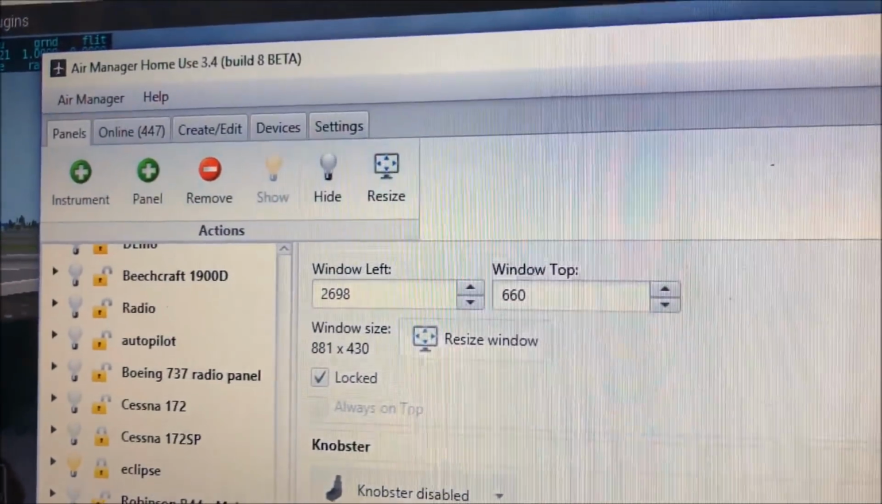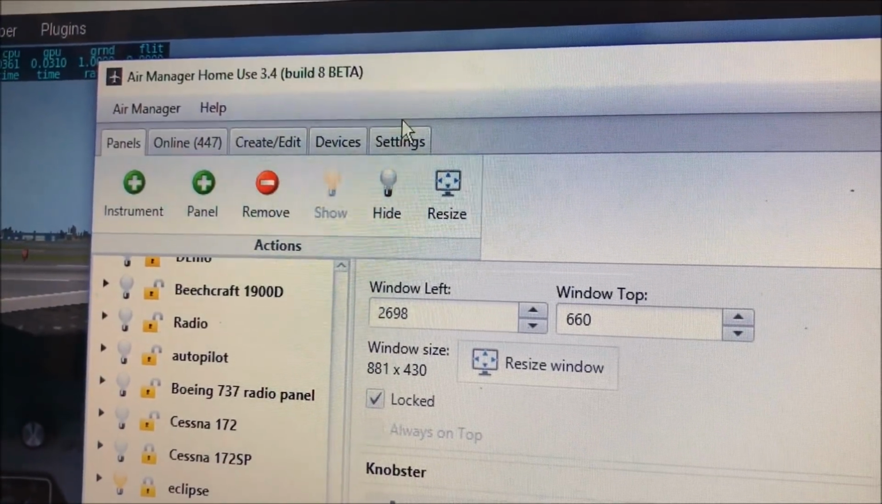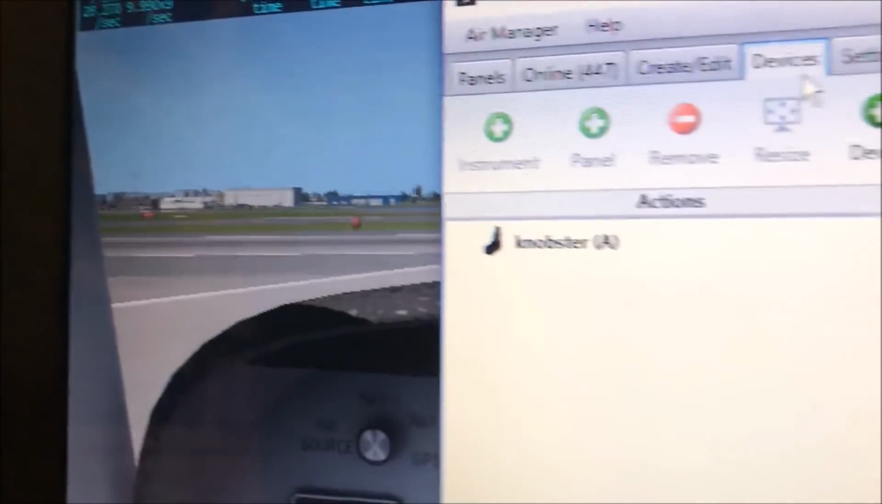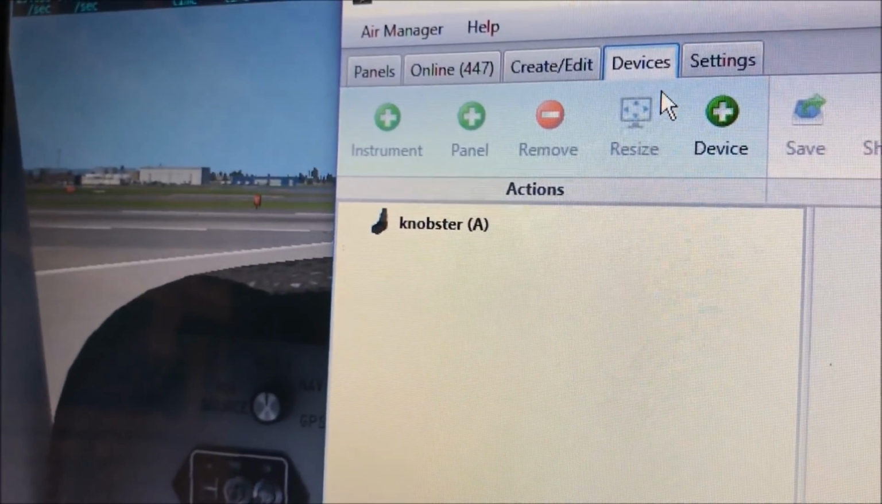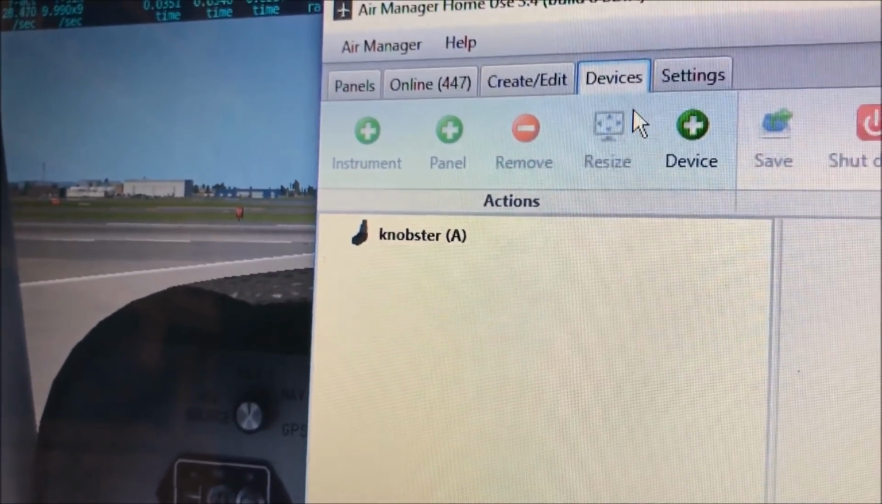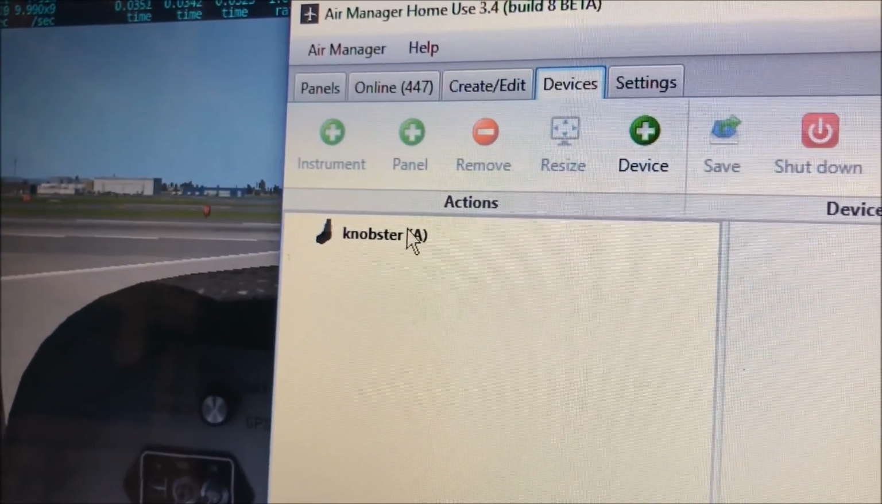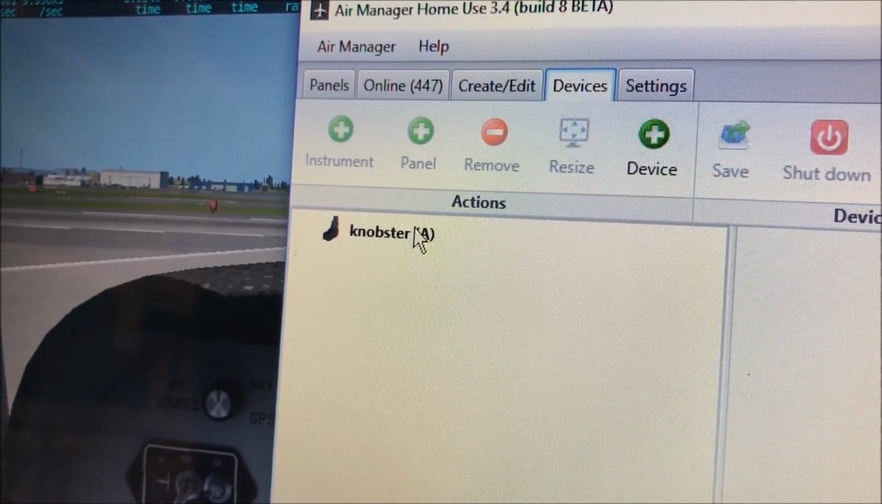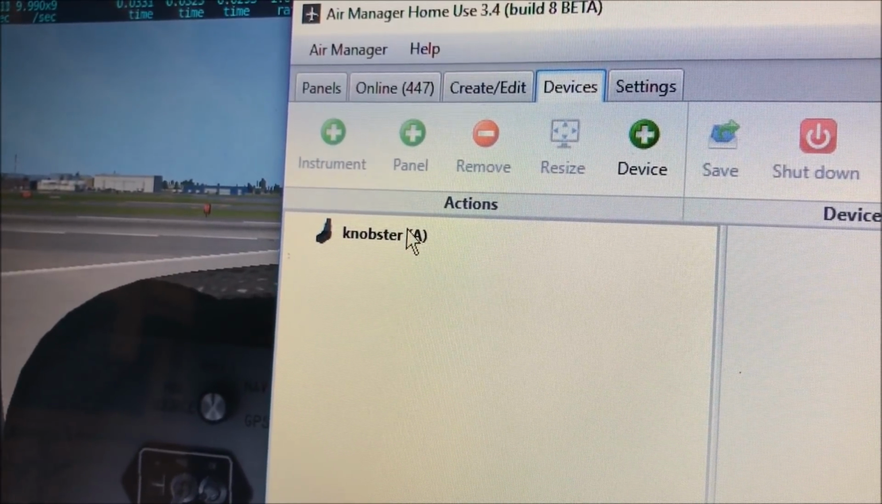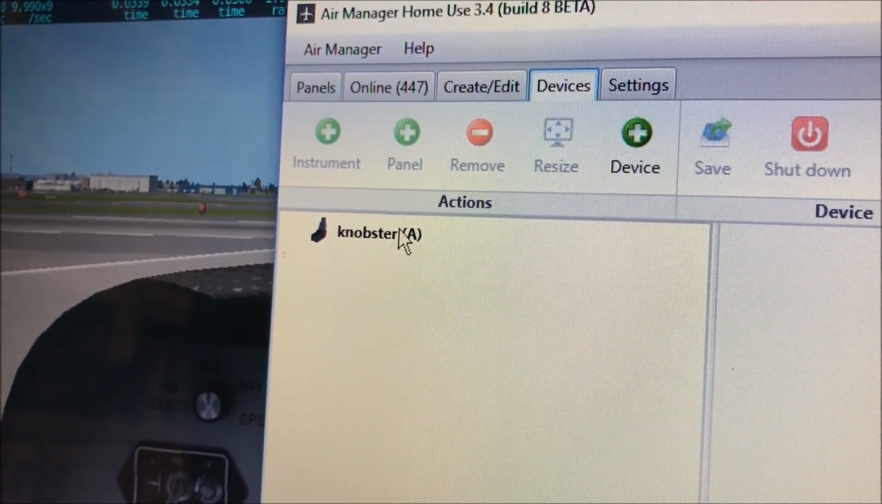And the way it works here is I'll show you the devices tab. Here you see the devices tab. When I click that, now it says Knobster, and that's what we're calling this little product, a Knobster. When you install it, it's simple. You just install some software with one click, and it installs the Arduino software onto the Knobster, and then